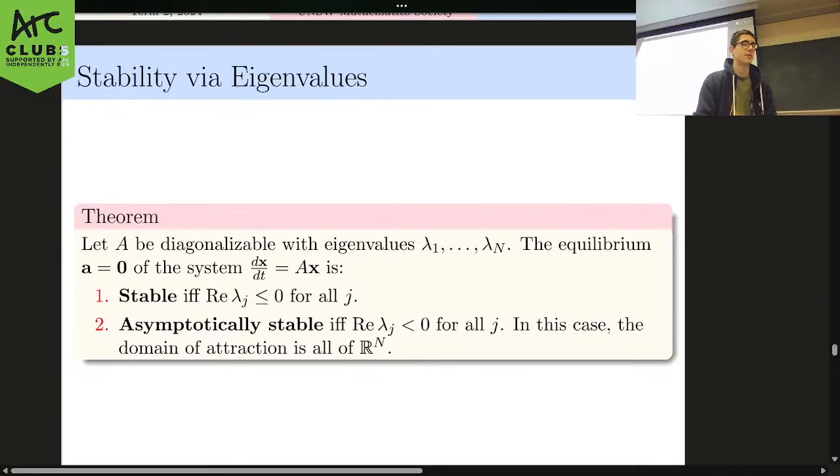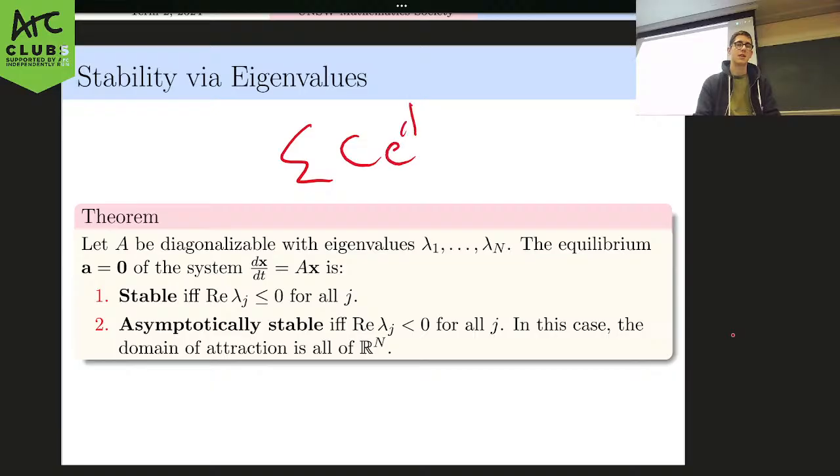And then in terms of determining whether we have stable, unstable, or asymptotically stable, we have this nice theorem which says if we look at the eigenvalues of our matrix A, then we are stable if and only if the real part is less than or equal to 0, meaning that, by what we looked at before, the linear combination of the C e to the lambda t times vector, well, that's in the simple case where we have